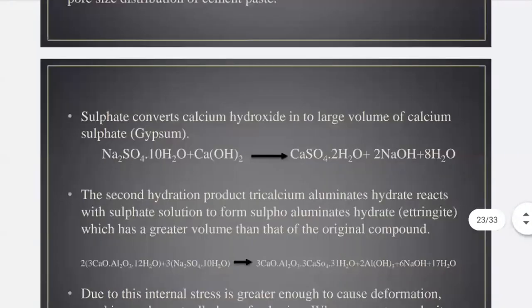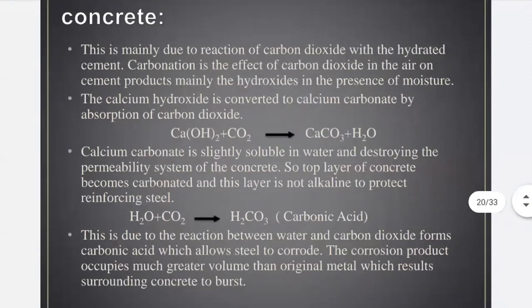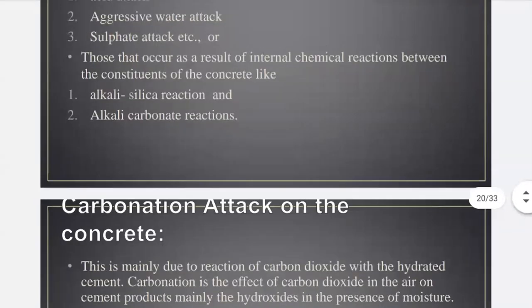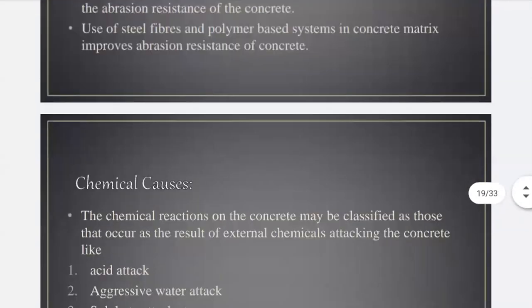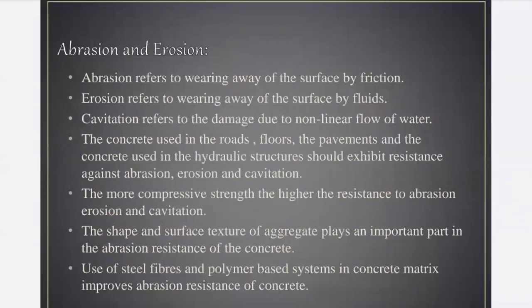So likewise, we have seen chemical attack, sulfate attack, and carbonation effect. What are the different factors which influence carbonation attack? These are the different deterioration causes which generally occur in concrete. After the structure has been completely developed, we still need to inspect that pier or abutment after years, 2 years, 3 years. You will need to inspect your structural elements so that no deterioration happens. And if there is any deterioration, you should be able to repair that part by using different techniques.